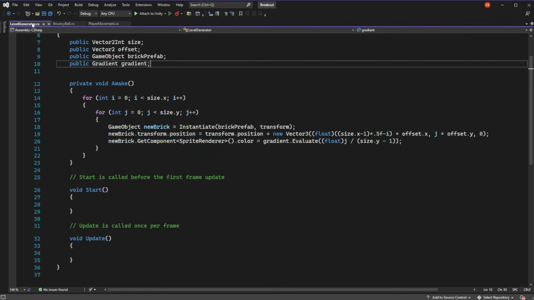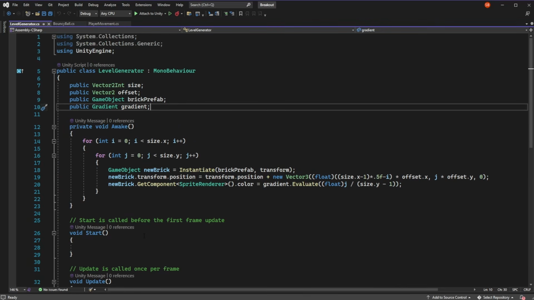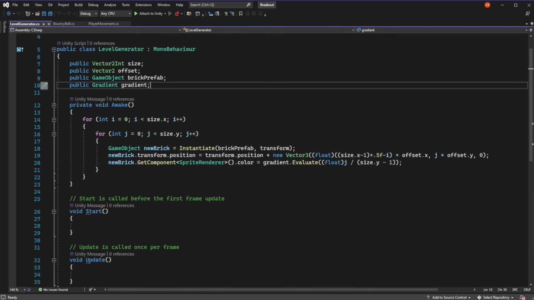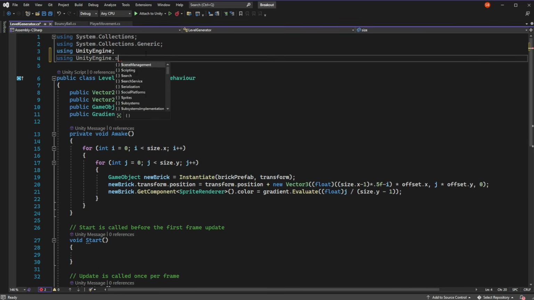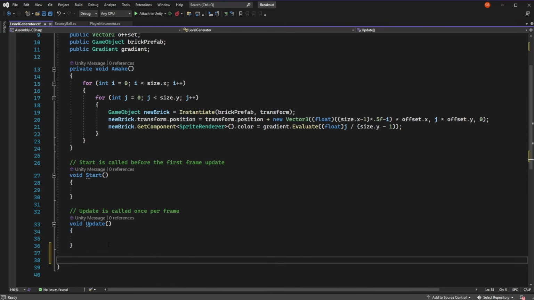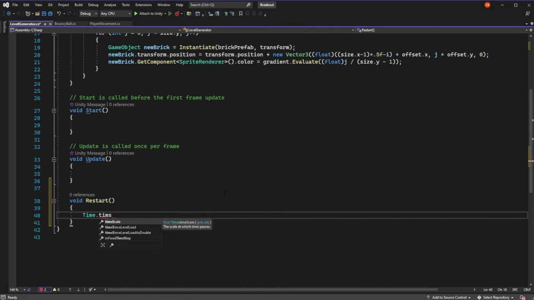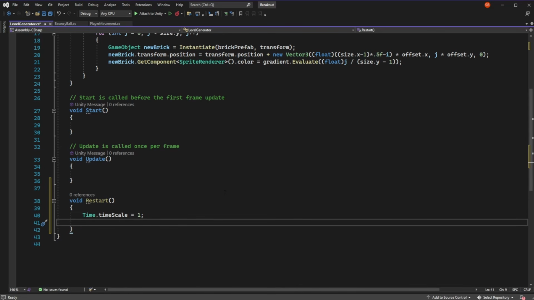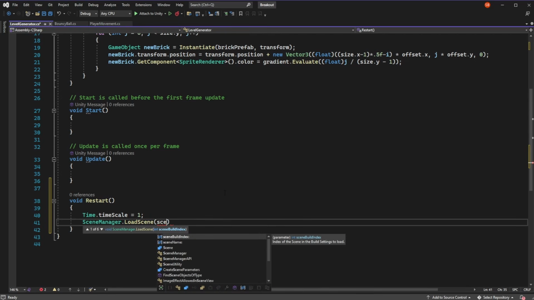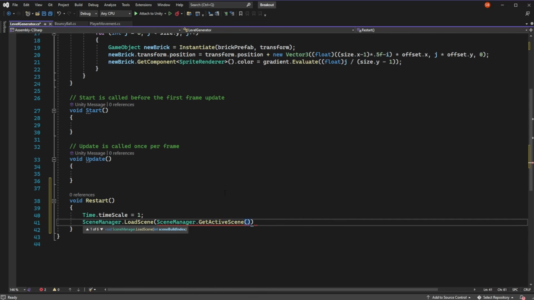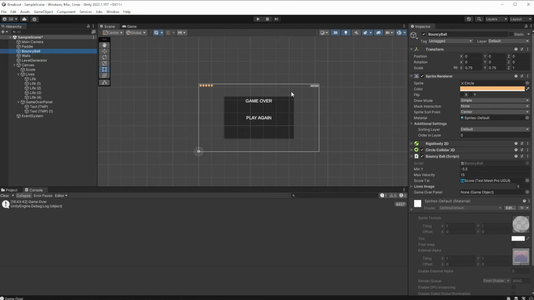Another thing we'll need is a function to call when we click the Play Again button. We can go to the level generator script and add using UnityEngine.SceneManagement to allow us to manage the current scene, and then we can create a restart function that will set the Time.timeScale as 1 and reload the current scene. We can do so using SceneManager.LoadScene and get the current scene with SceneManager.GetActiveScene().buildIndex. Now, after saving this, we'll need to set the Game Over panel in the Bouncy Ball and also add